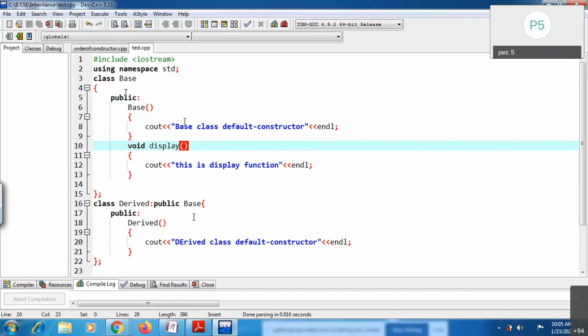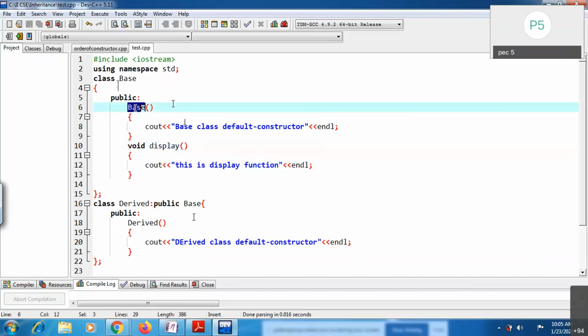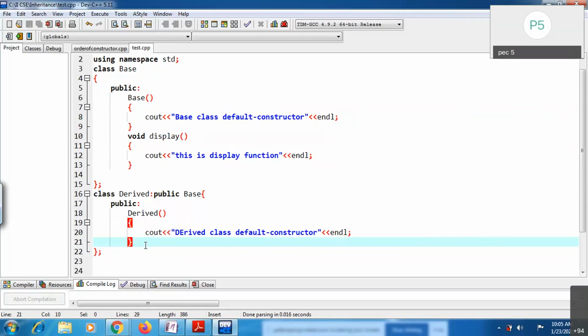Can we access this display function inside the derived class? Yes, sir, we can access it, because we are deriving this base class inside the derived class. Members are available inside this derived class as well.